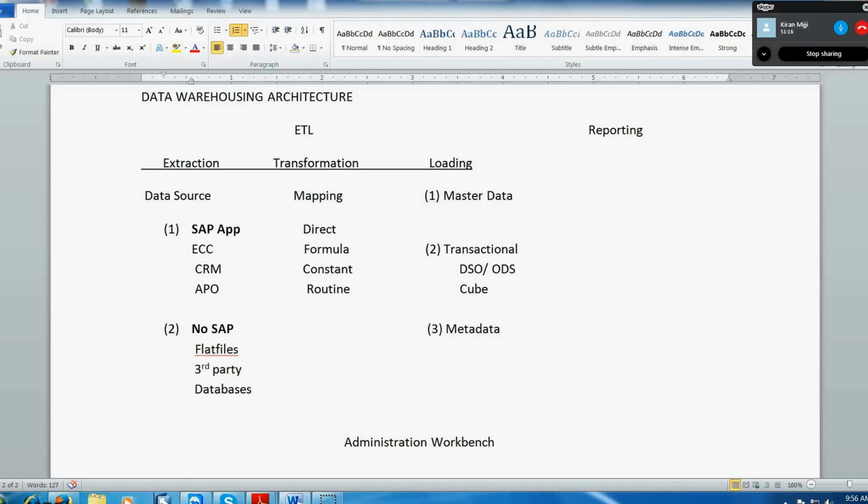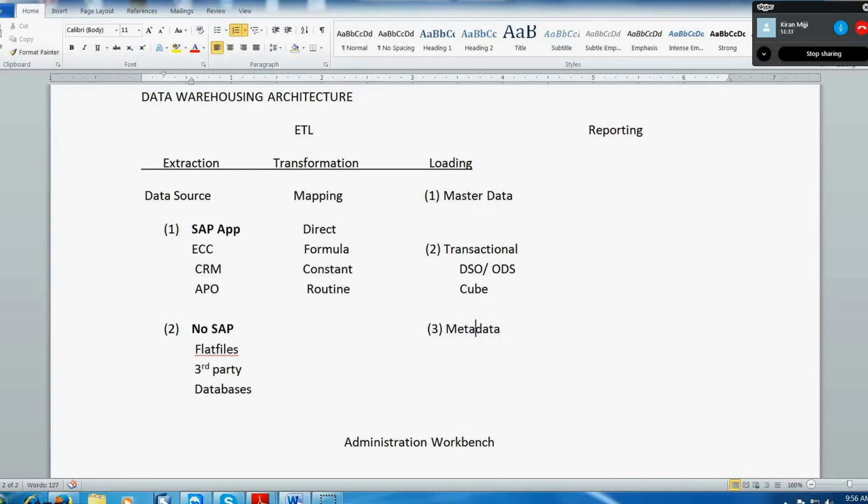So if, let's say, a cube is created, it records who created it, meaning the username, the password, and the fields that we are going to have. The fields we are going to call in BI as info objects. And the metadata will be created by the system itself. We don't have to worry about the metadata at all.